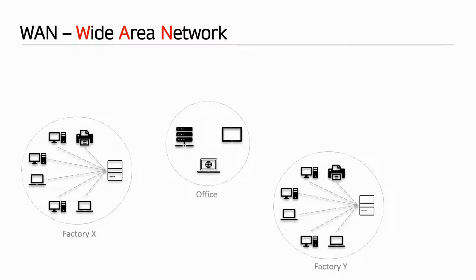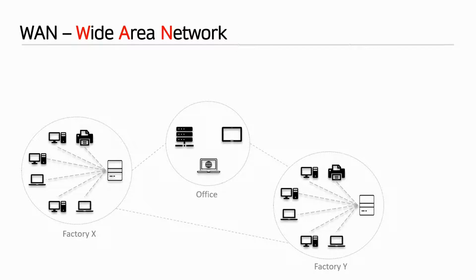As we have seen before, all the devices that are in the same physical location are connected in a local area network. Of course, workers from an office need to communicate with the staff in factories. And to do that, they need to be connected. As soon as we connect two or more local area networks in different physical locations, we are talking about a wide area network. But keep in mind the distance greater than 100 kilometers. Data exchange between those LANs can pass through public lines and/or private lines that the company owns.